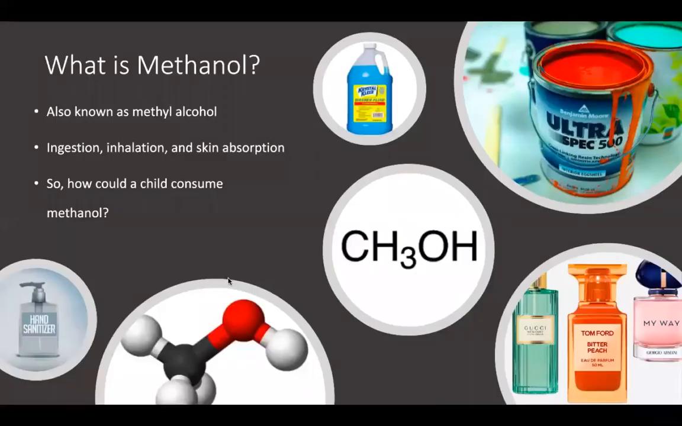All right, now we're going to talk a little bit about what methanol is. Methanol is a clear, colorless, flammable liquid, and its chemical formula is CH3OH. It's also known as methyl alcohol, wood alcohol, burning alcohol, or carbinol. It is highly toxic, and it's used in paints, varnishes, solvents, perfumes, plastic manufacture, photographic materials, antifreeze, and household cleaning